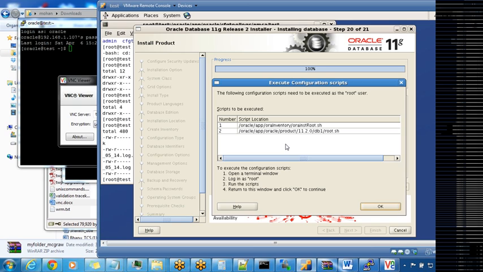Once the database is created, just click on OK. After that, it will give you two scripts which you need to run as root user. Remember, you need to run these scripts as root user. So just click on the script name,